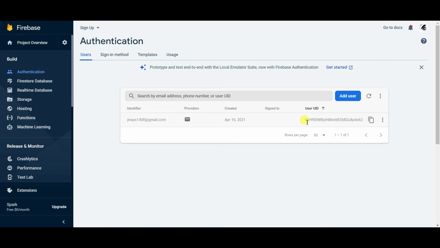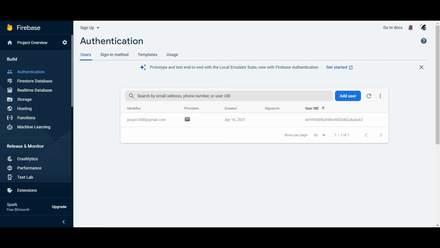You also get one user UID which is automatically generated for easy identification of the user. So you can either add the user from the app itself, or you can also add the user from Firebase itself. The best part of using Firebase authentication for the sign-in methods is that you can add various entries. Recently I got a comment asking how to create a sign up page wherein many people can register and log in and all that data will be saved.